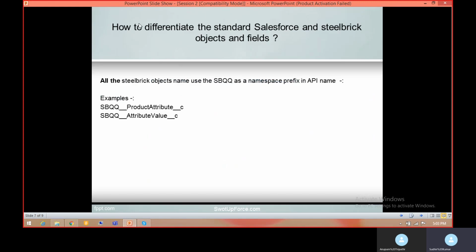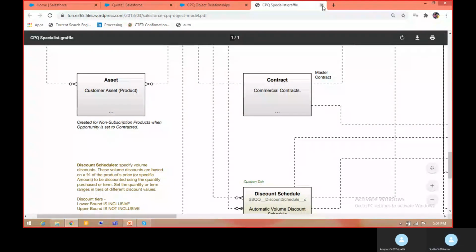Next is how to differentiate standard Salesforce and SteelBrick objects and fields. As I have already told you, it is very important, since if you are going for the CPQ Specialist certification, you will get multiple questions around this. Let me show you.